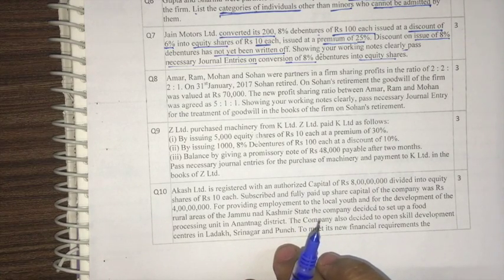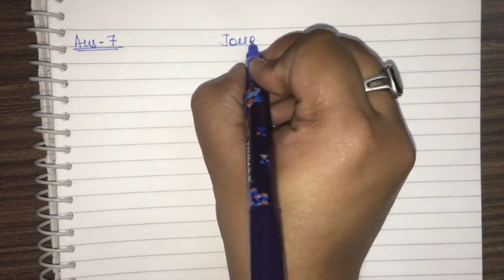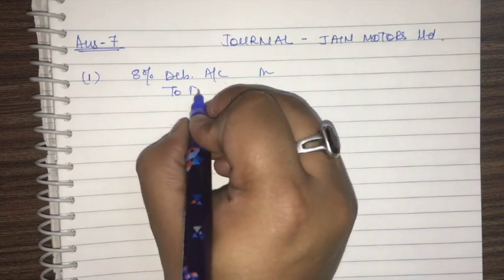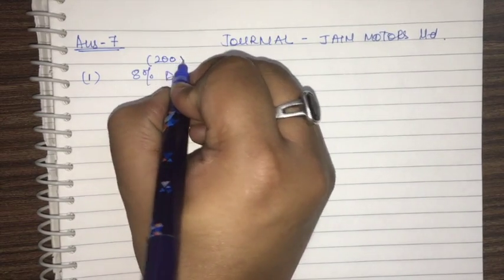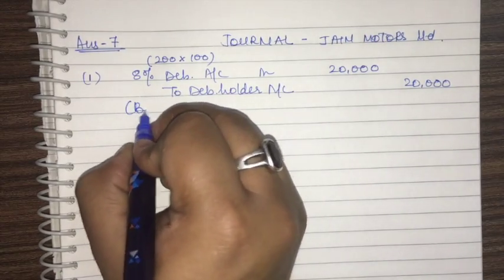Now this was a very simple question wherein you had to convert the debentures. So the first thing in this particular question, you will need to first transfer the amount to debenture holders account. The first entry would be 8% debentures account debit to debenture holder. The amount will be 200 debentures of rupees 100 each, so it will be 20,000. Since the debentures were not redeemed at premium or discount,